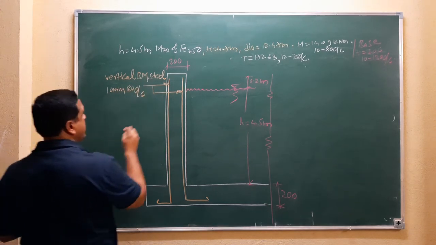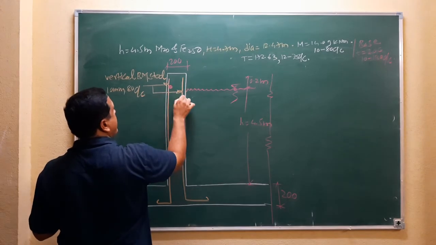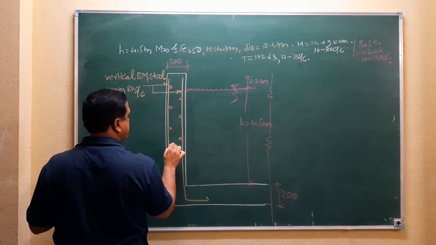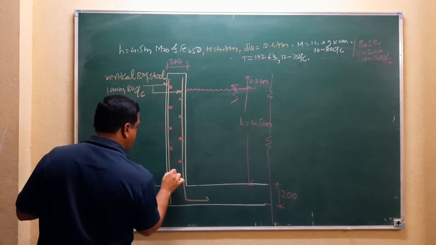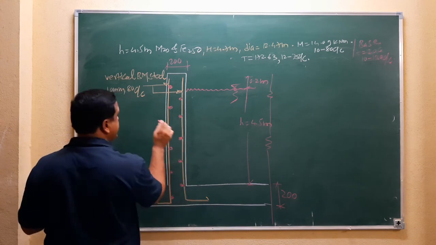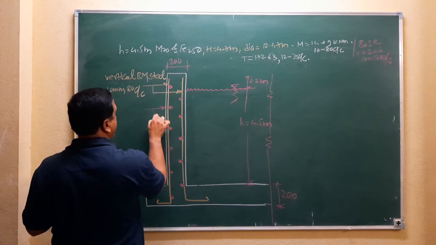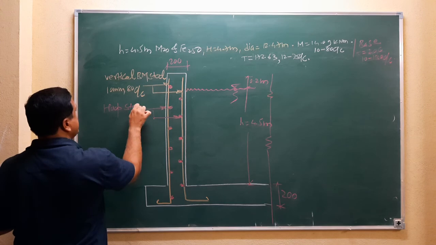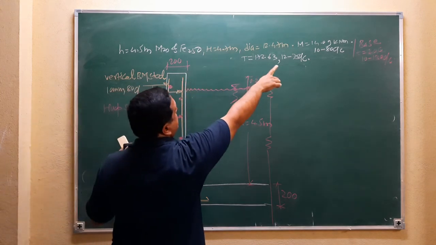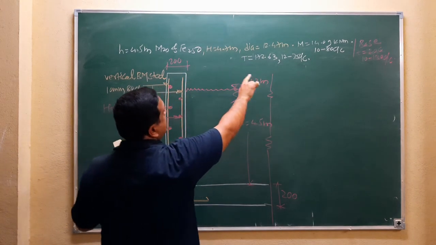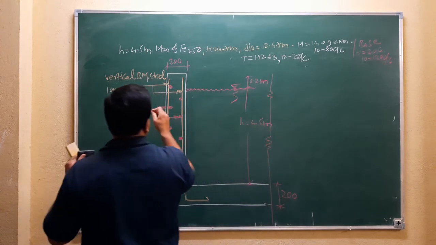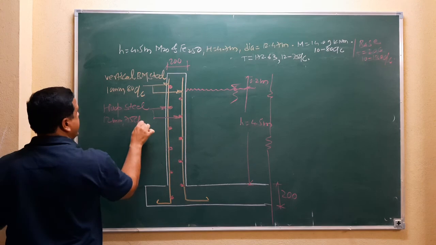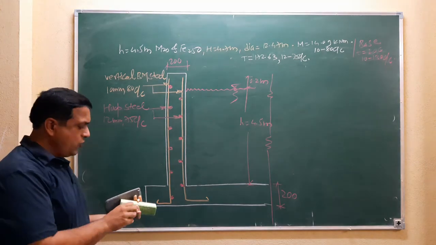Then you have to provide the internal hoop steel. So this is your hoop steel, in zigzag manner. Hoop steel is 12 mm diameter, 75 mm center to center. Now you have to provide